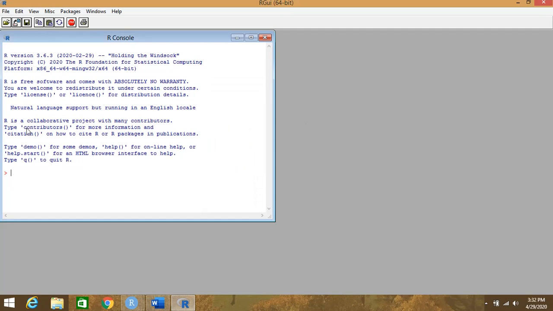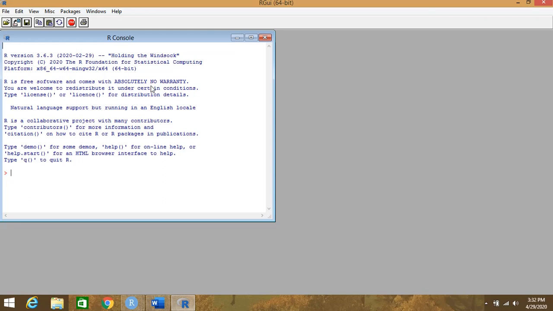I can go and write commands in this R console. When you start it, it will give you some written text. It says R version 3.6.3, 2020-02-29, the date on which it was released, and the copyright of the R Foundation. The platform which we are using, or this R version, is for the platform x86_64 64-bit.